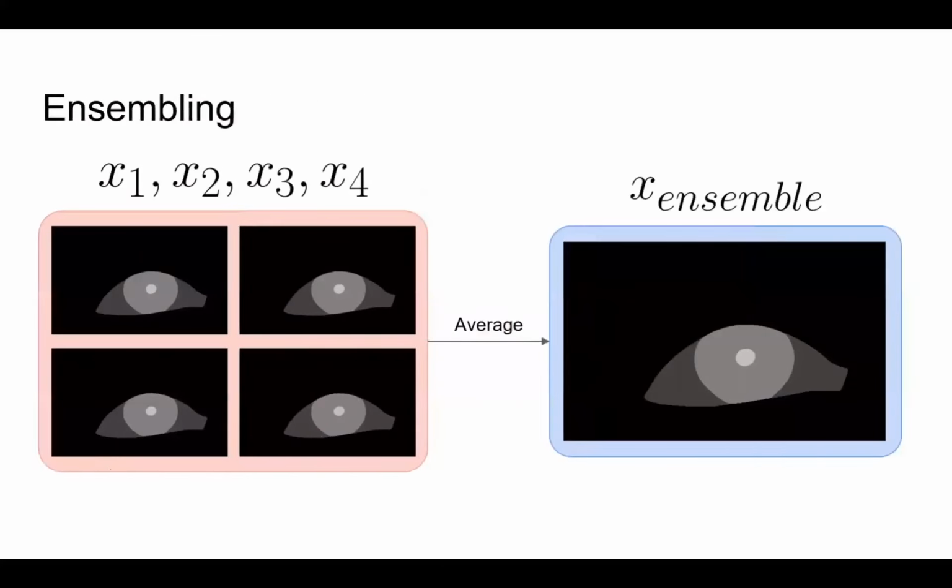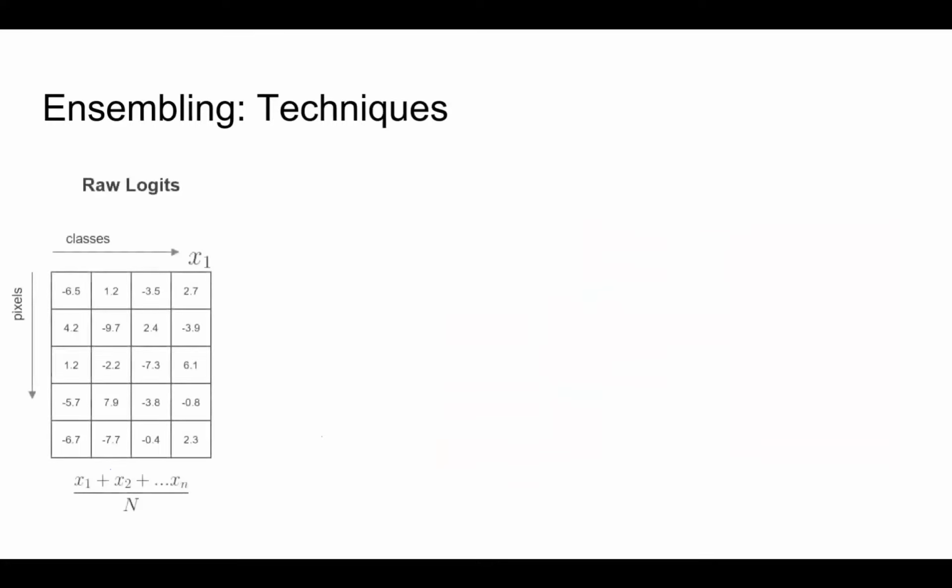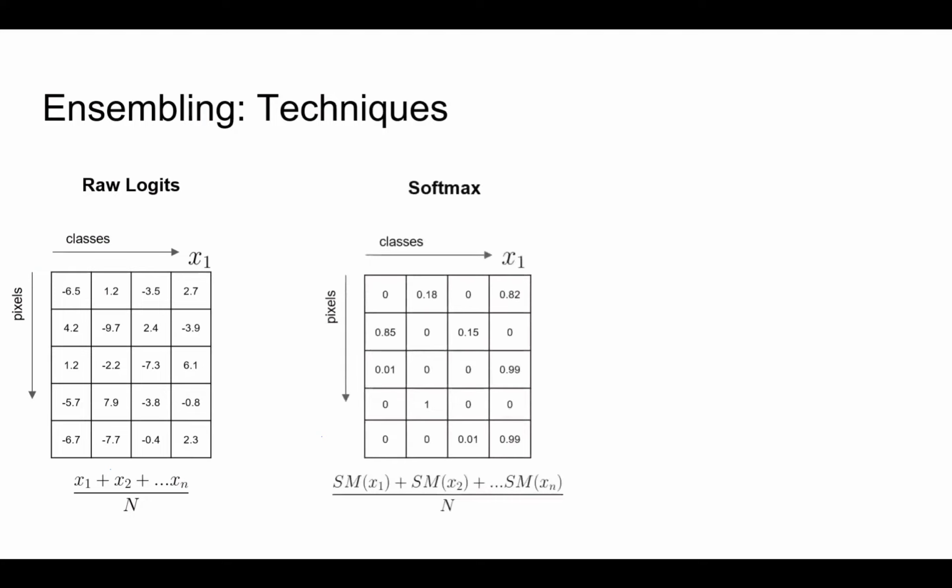Another de facto standard technique always used in competitions is ensembling. We've tried multiple ensembling techniques. So here is the raw logits output from one model. Class scores are located horizontally and the pixels are shown vertically. It is not recommended to average models' outputs on this level because each model can carry its own bias with different distribution. Usually, those outputs are run through softmax function to normalize the logits